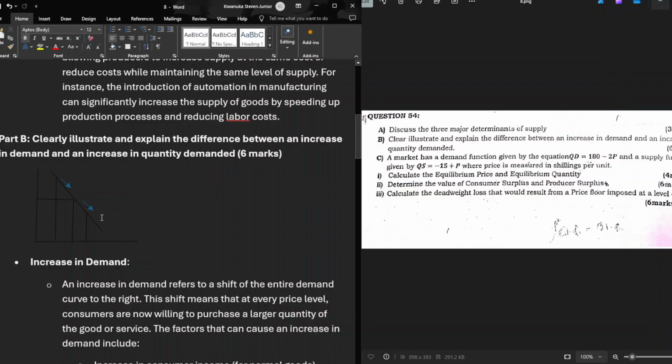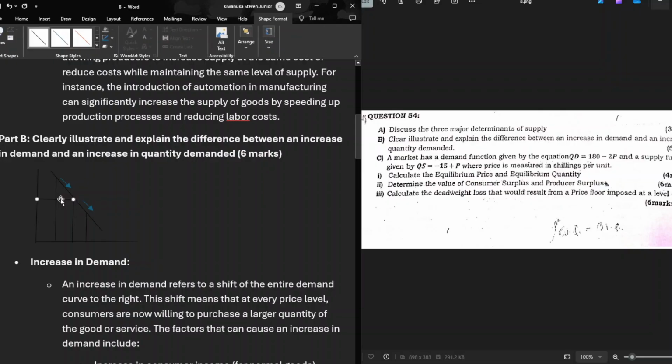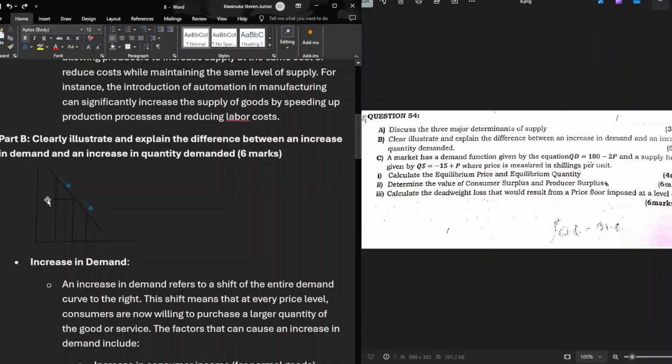But here it is due to changes in the what? Due to changes in prices. Remember, increase in demand is at constant price. Increase in quantity demanded is due to changes in the prices of the what? Due to changes in the prices of the good. So by definition, increase in quantity demanded is the movement along the demand line